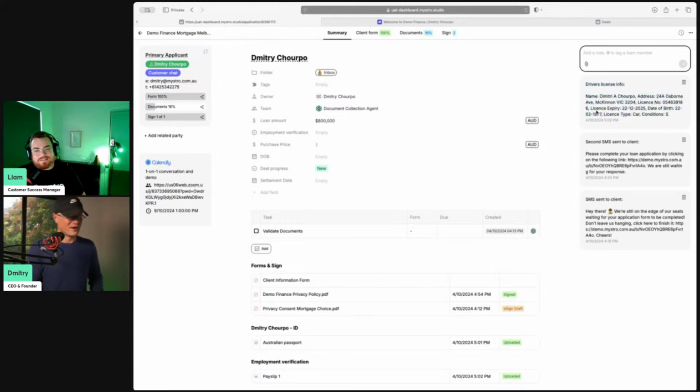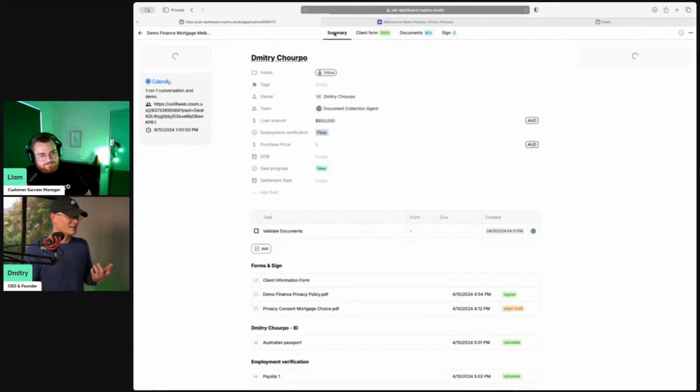This is my real driver's license information. I might need to delete it, but this information was basically extracted from a document. What I did, I just asked, hey, extract this information and summarize it. But you can also extract field by field, and with that information, you can pre-fill a form, for example, or you can pre-fill any of these fields here,